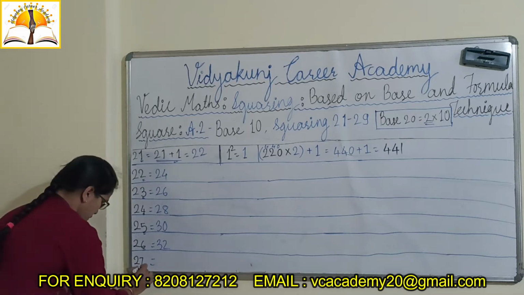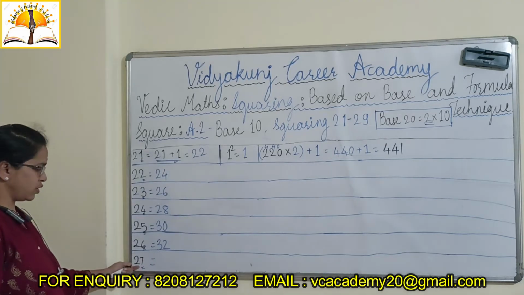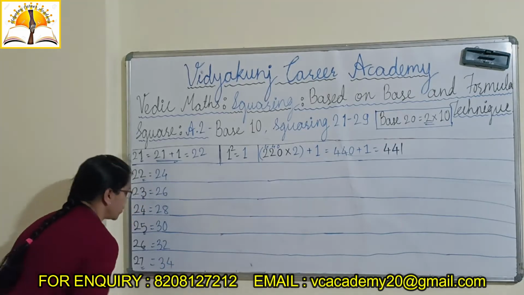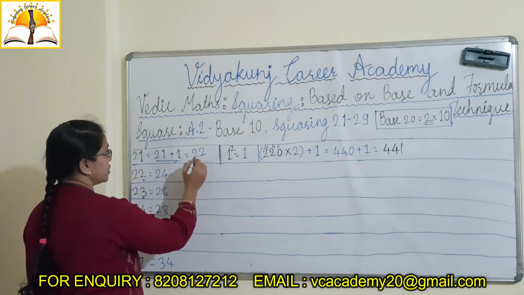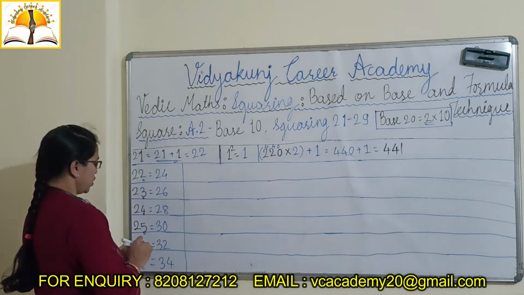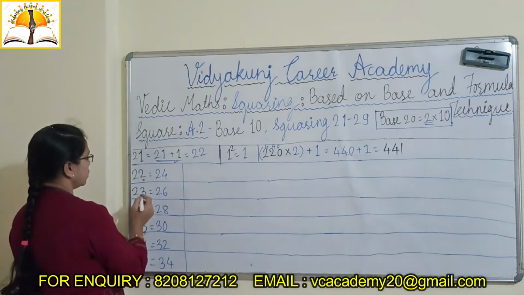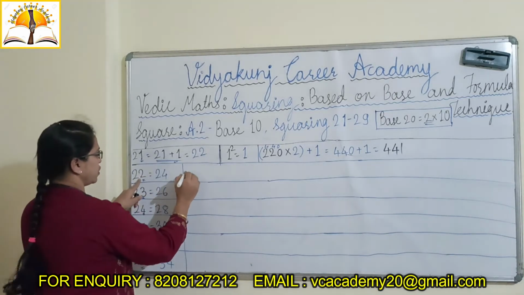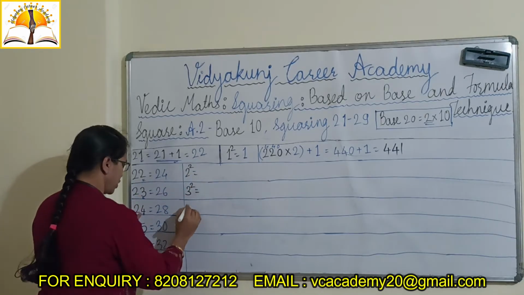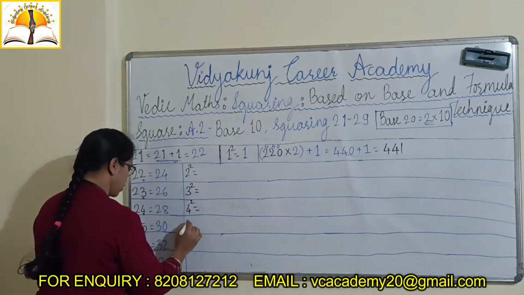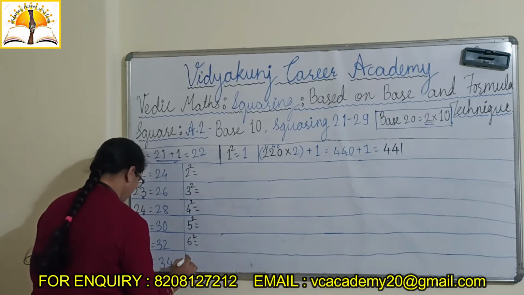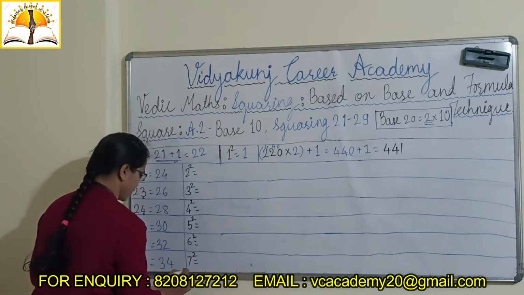Here the unit place number is 7. 27 plus 7. Here will be 34. Understood here? I have written these numbers directly here. You understood, I hope. Okay. The unit place number we have to take here. Unit place number 2 square. Here 3 square. Here 4 square. Here 5 square. Here 6 square. And here 7 square. Okay.